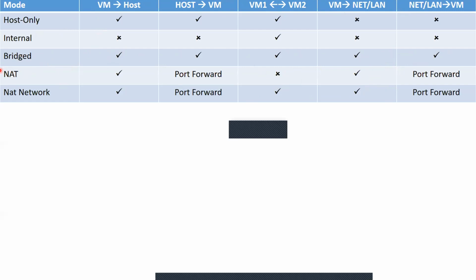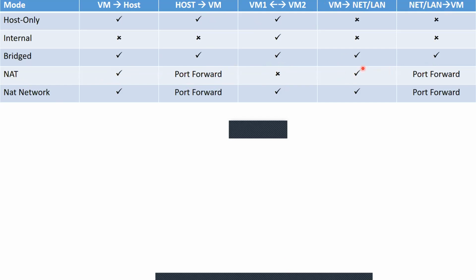And you have NAT. With NAT, you will be able to communicate to the host, but the host can't communicate with the virtual machine. There is a topic called port forwarding, which we'll learn later. And you can't communicate between virtual machines. NAT stands for Network Address Translation, which is an entirely new topic we'll discuss during port forwarding.